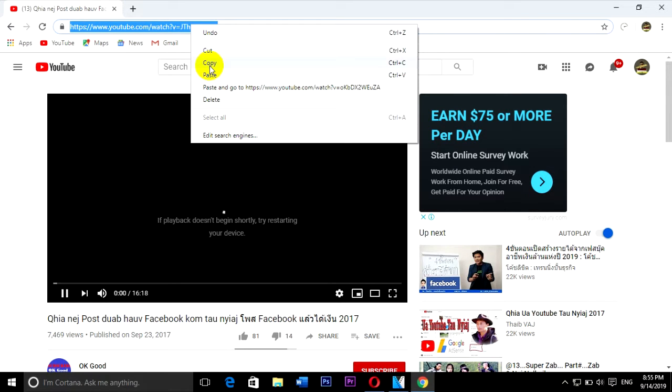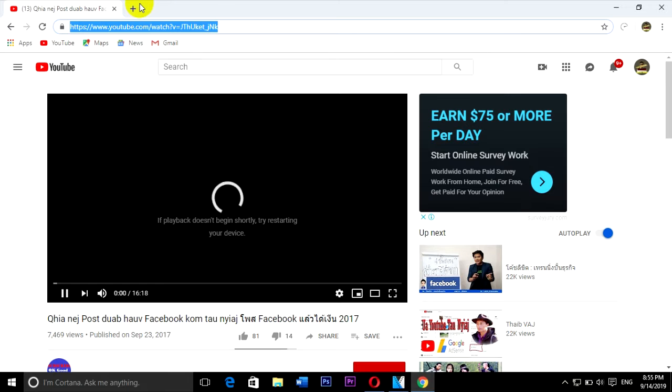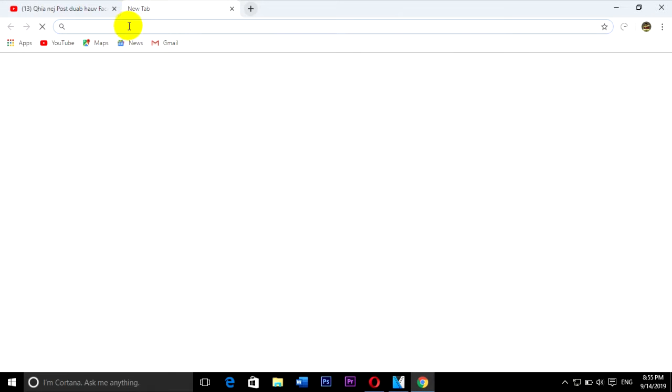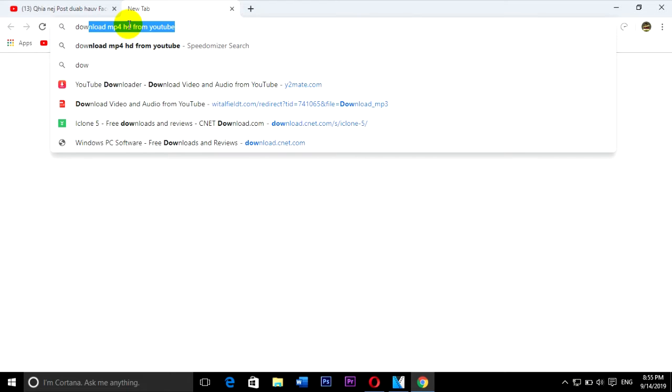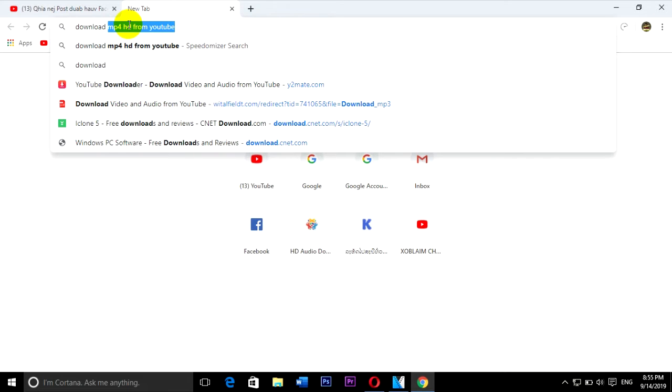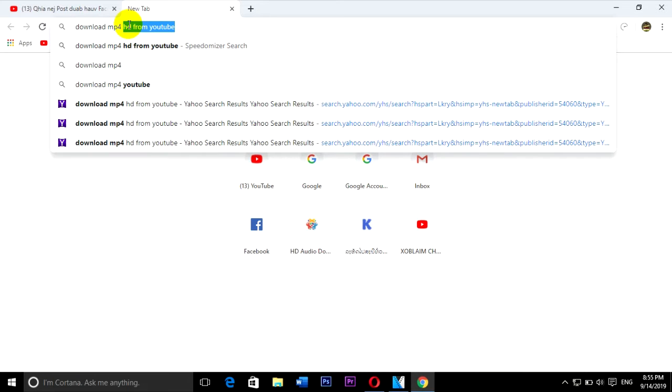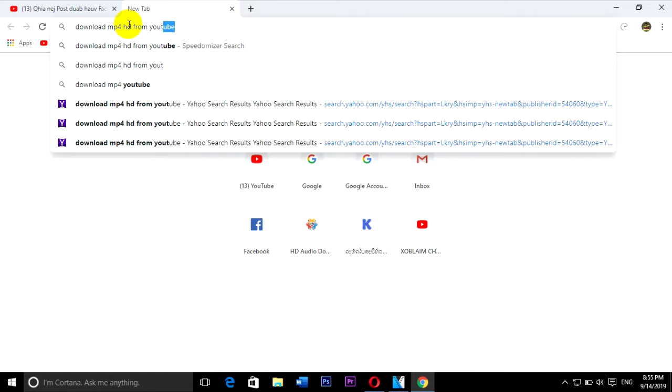Copy, right, copy here. And you go to a new tab. You open a new tab like this, and you write down here, download MP3 HD from YouTube.